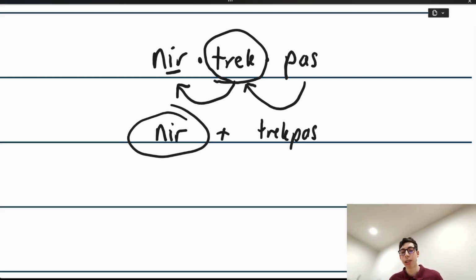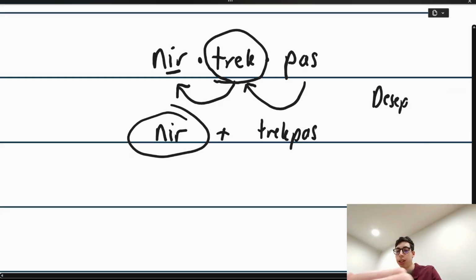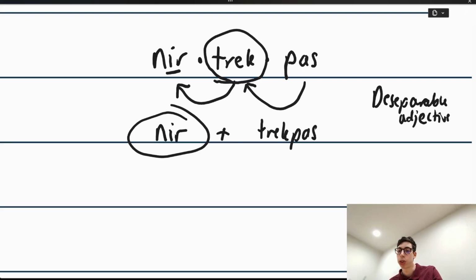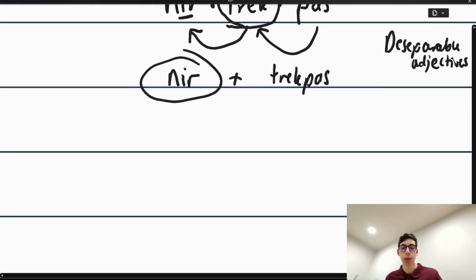And there is a term for this, which you don't really need to worry about, but these are called deseparable adjectives. Definitely spelled that wrong. So if you're wondering, these are called deseparable adjectives. And basically there is a list, essentially a list of prepositions, and near. There are a list of particles that can be separable. And basically these fly around and do whatever they want, right? So for example, some examples of this are aunt,